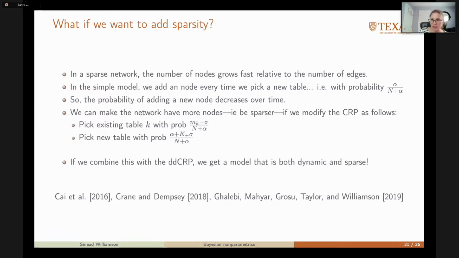So in this paper on the right here, what we did was we took our mixture of Dirichlet network distributions. We replaced that top level distribution with this structure, known as a Pitman-Yor distribution, where we're putting extra probability onto the new nodes. And then we use the distance-dependent CRPs on the bottom level nodes, so that we also have dynamics. And we can prove that this is going to give a sparse graph. And we're not going to prove it